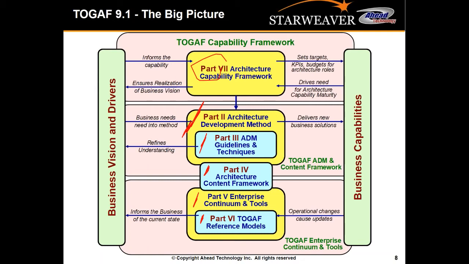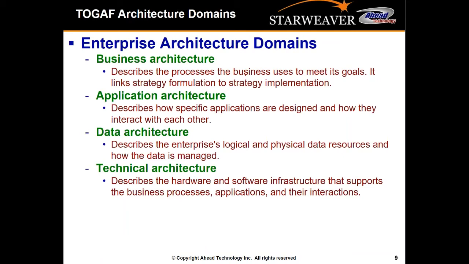So the framework is going to become the bridge between your baseline, your vision, mission, strategy, and the desired business capabilities that you want to accomplish, right? The framework is based on 4 domains: business architecture, application architecture, data or information architecture, and technical architecture. This is what I showed you a little bit earlier, on the right side of the ADM. Those are basically the domains whereby you are developing the appropriate architectures to support the business, or to support application or data or